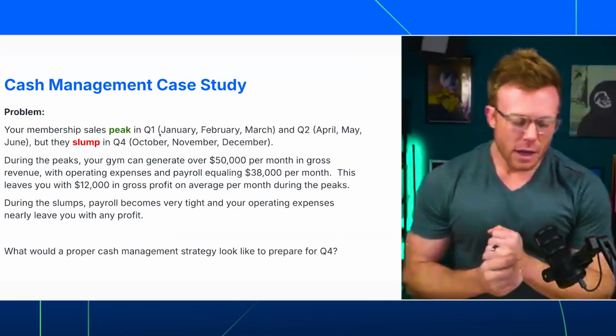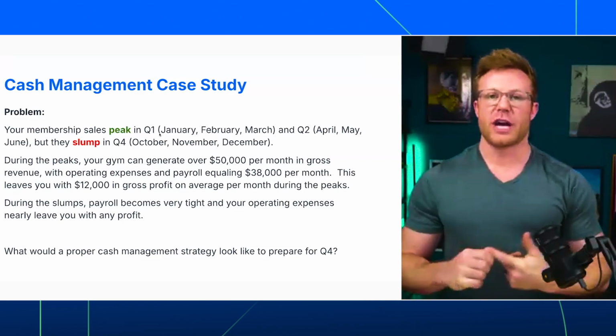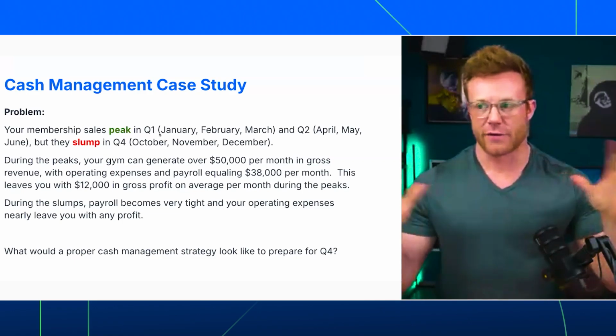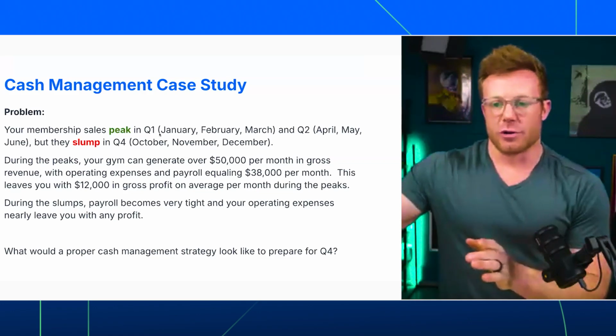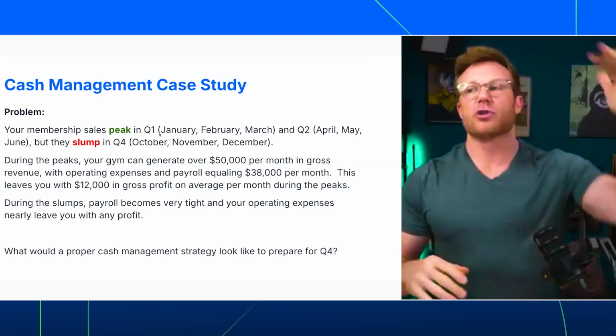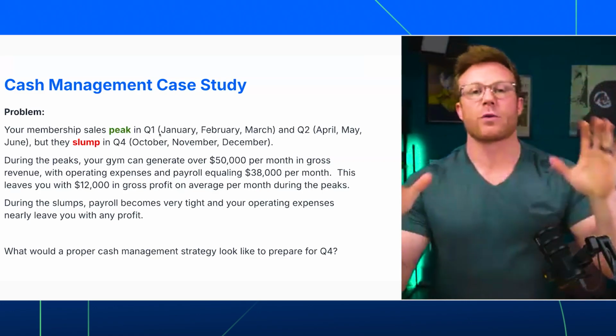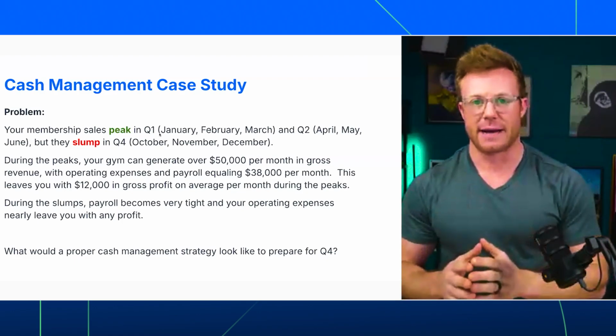Problem. You're a gym and your membership sales peak in Q1, quarter one, which is January, February, March here in the States if you're on the 4-quarter system. Q1, Q2, we get a surge. That's probably New Year's resolutions and springtime. For whatever reason, your market does really well. You do good fitness sales during that time. However,